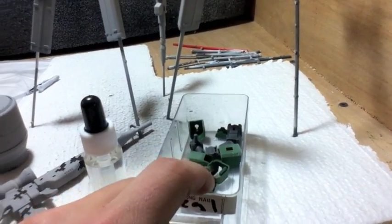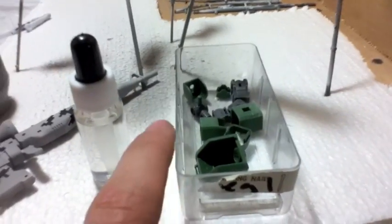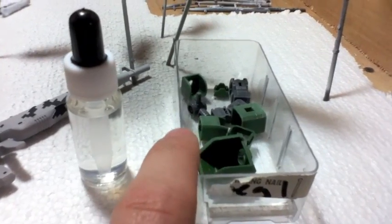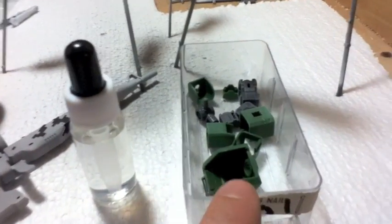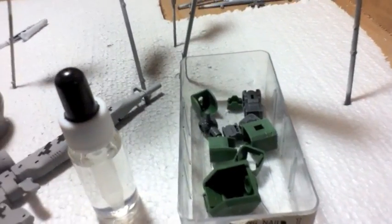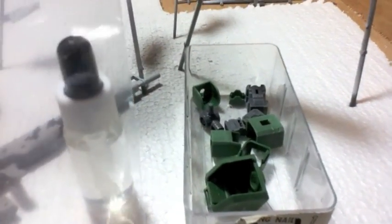And another little tip, I didn't even snap this guy together, I just disassembled all the pieces, sanded them, and then just threw them into these little trays. So this is one of the arms. What I'm going to do is clean all these pieces. I haven't washed them yet, but first I'm going to do the inner frame parts, and then once I've primed them and painted them,